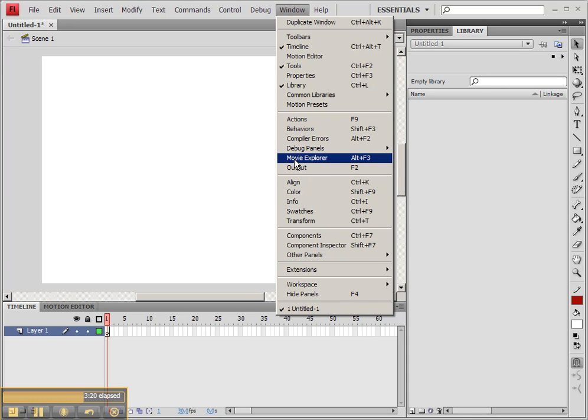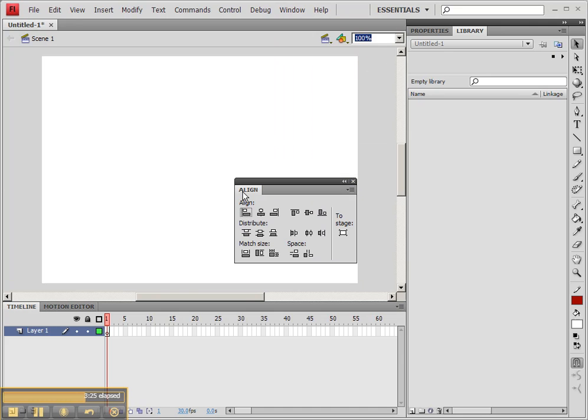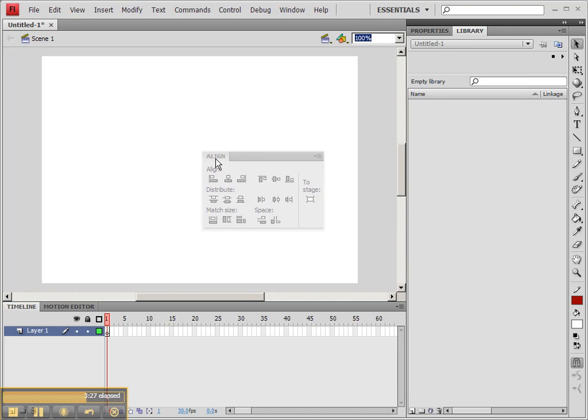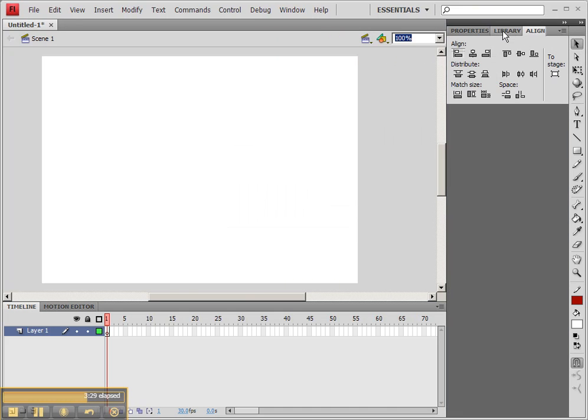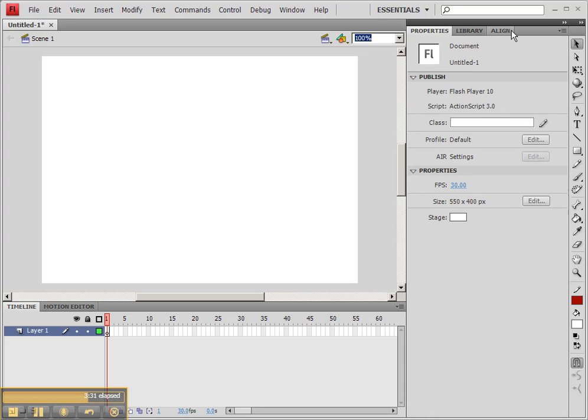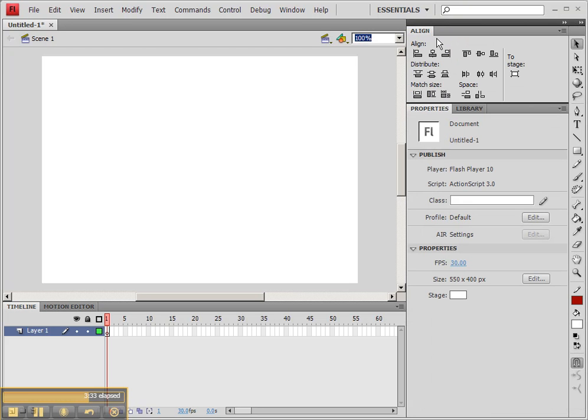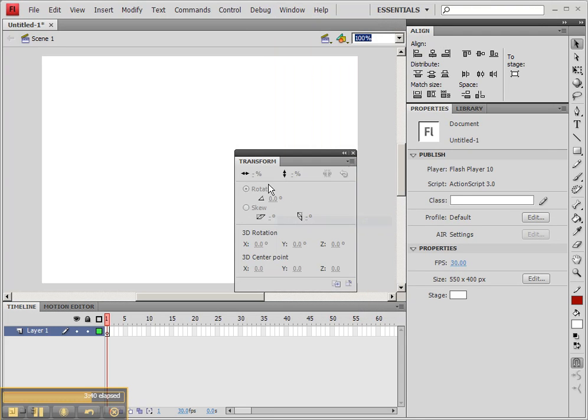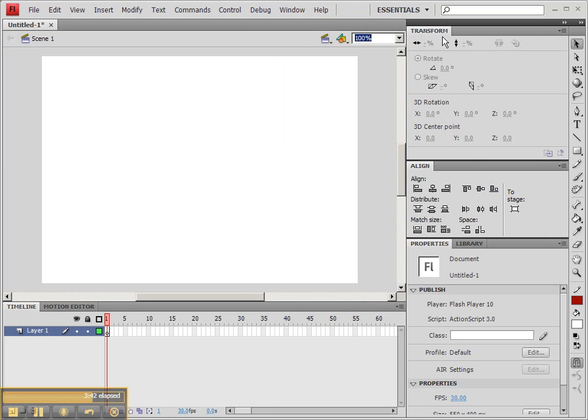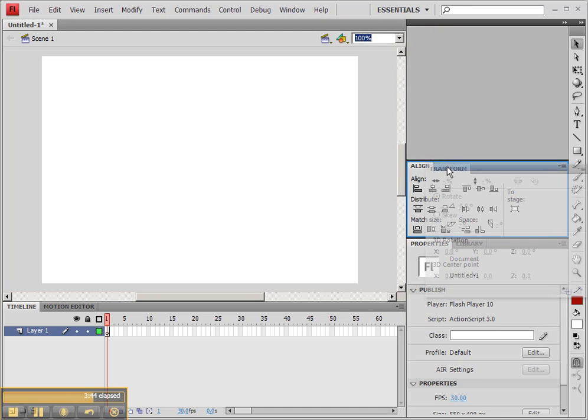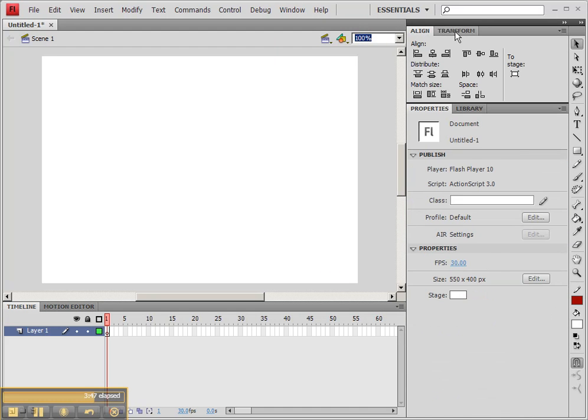We have a lot of other windows or panels that we're not seeing right now, like the Align panel. And you'll see that right now this is floating by itself, but I can actually drag it over to the top and actually put it in there with these. I might be able to actually drag it and make it above the other. And actually I like that with the Align. I like the Align and Transform panels to be accessible often. So I'm going to try and move those in together. There we go. So Align and Transform I can put together, and I can actually make my own set of